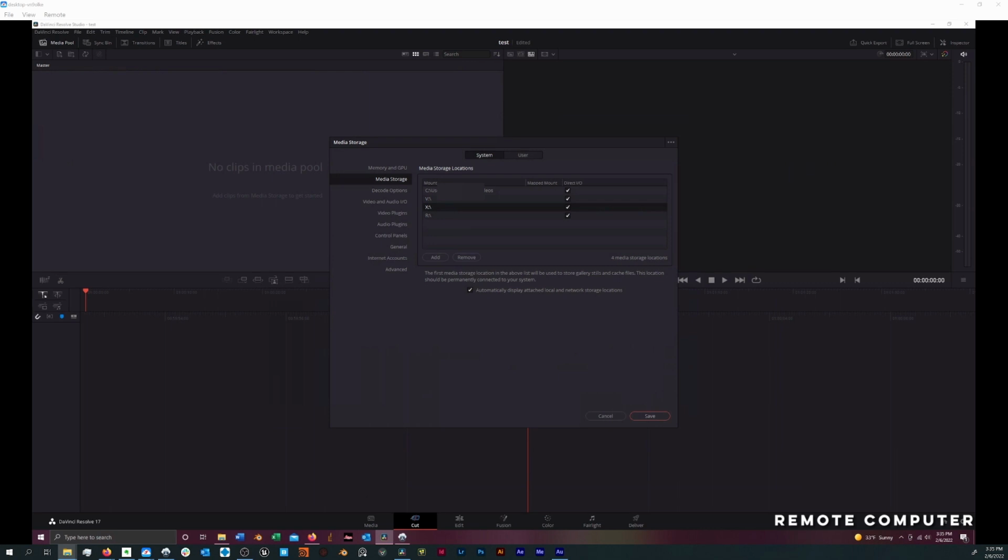So now that we've done that, pat yourself on the back. The hardest part is over. For this next section, we'll begin on our remote computer. We're going to set our remote computer up to be able to receive renders from our artist computer. So, to do this,